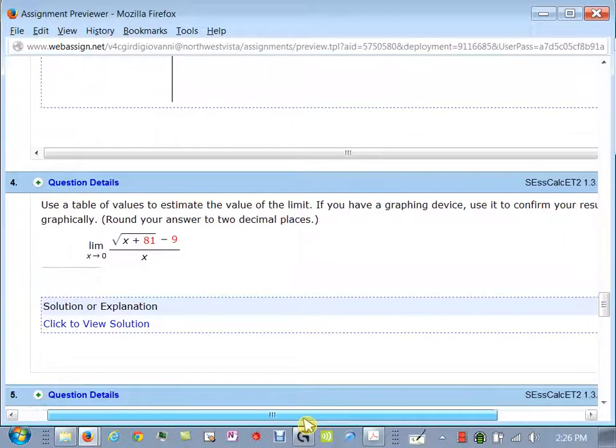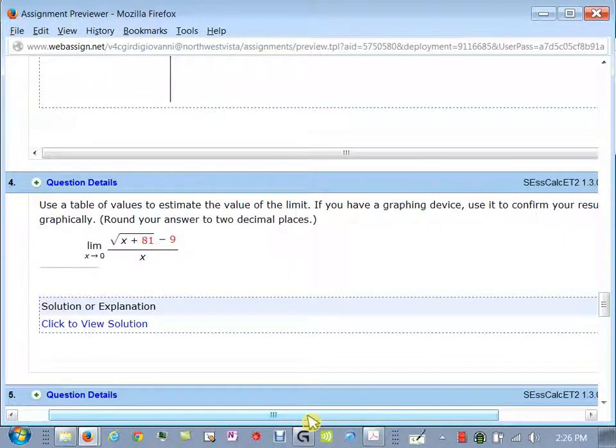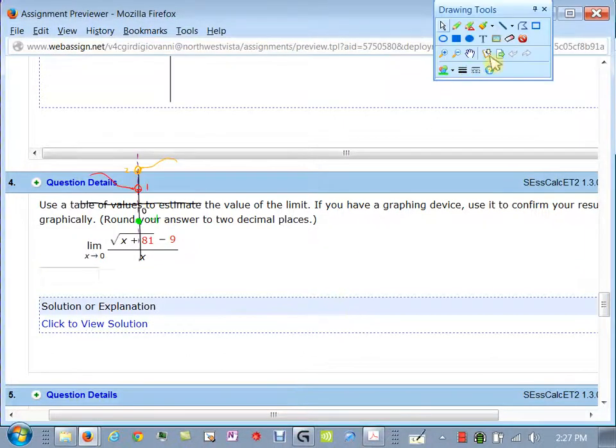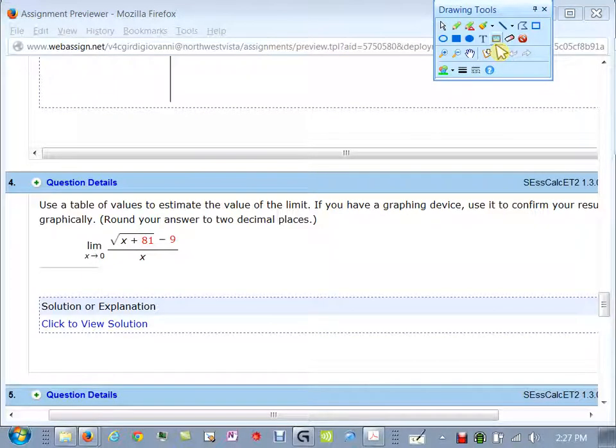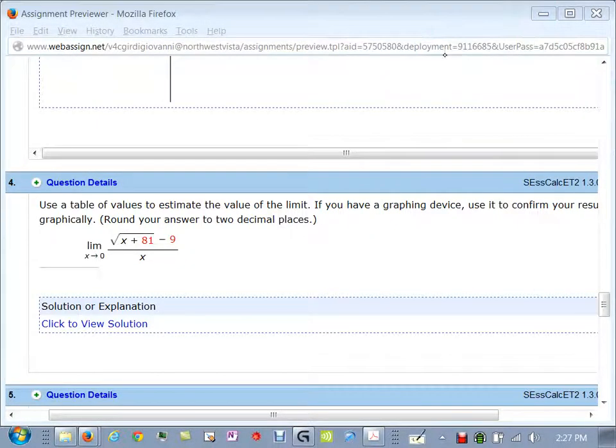Okay. Use a table of values to evaluate this limit. So all you have to do here is get very small values. I mean, get your calculator out and just try some stuff. I don't think I have my calculator readily available anyway. But let's just try something like